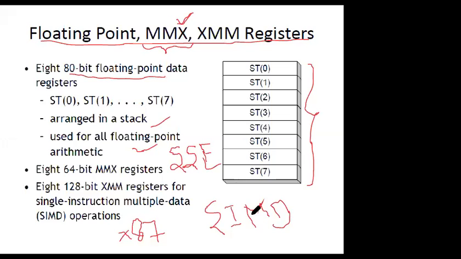So SSE floating point instructions operate on a new independent register set, and that register set is XMM registers, and it adds a few integer instructions that work on MMX registers. XMM registers were a remedy for the problems being encountered in MMX registers.